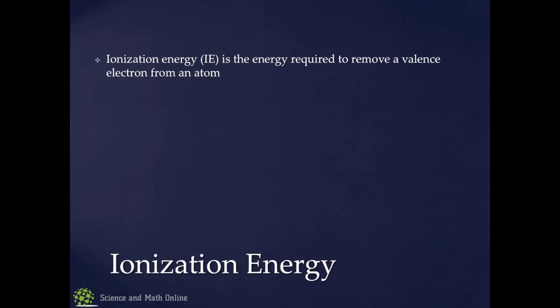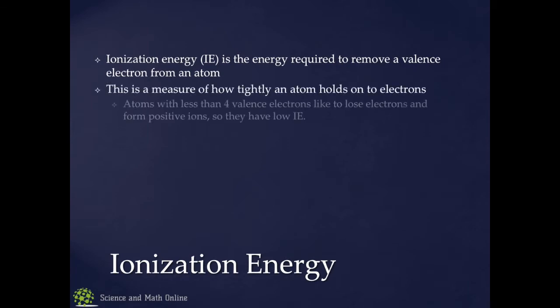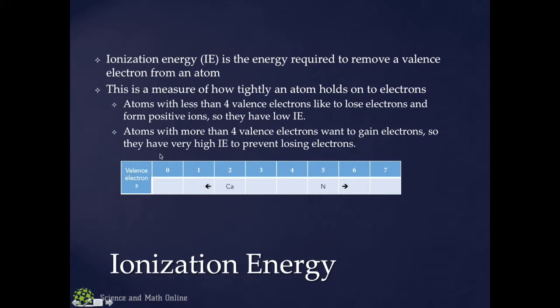give it away. As opposed to somebody on the other end of the spectrum who wants to gain electrons, who doesn't want to give them away. It would take a lot of energy to pull them away. So that's what we have here. So looking at our same example of calcium and nitrogen, because calcium wants to give away electrons, it wants to go this way, it's going to have a low ionization energy. In contrast, nitrogen, because it's over here and really wants to go this way, it doesn't want to go